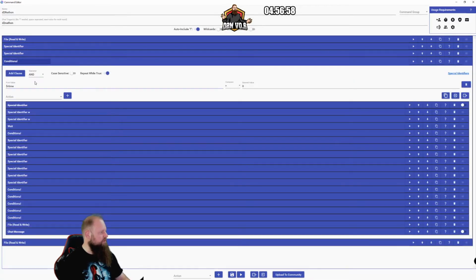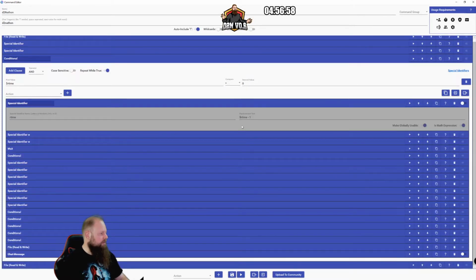Then we have the condition. If the variable rtime, the special identifier rtime, is greater than 0, then we want all of this to happen. All of this will happen, and we'll keep repeating this. So repeat while true, as long as the timer isn't 0. What we're doing in here is